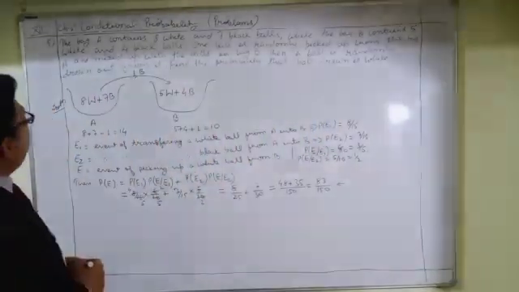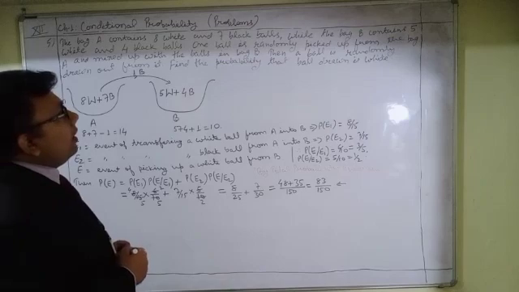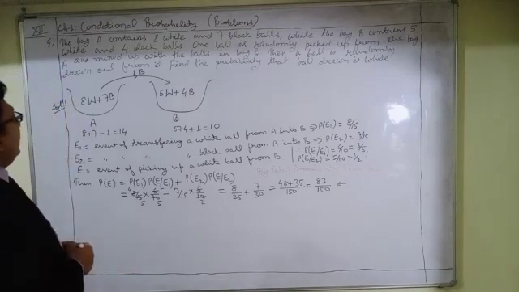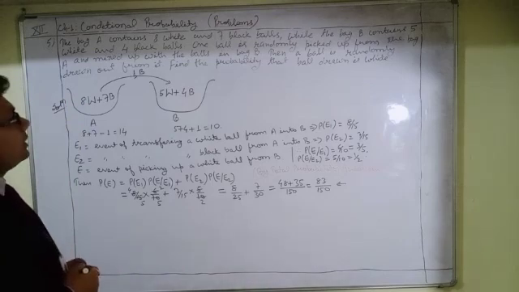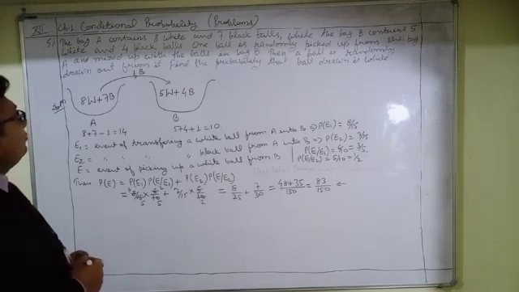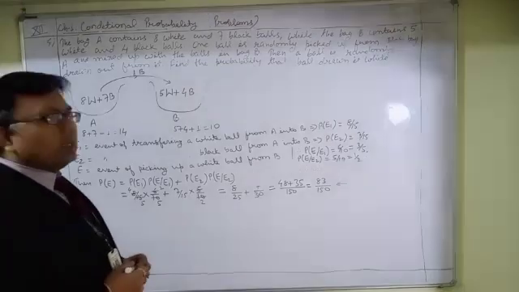So now in question number 5, we have a bag A that contains 8 white and 7 black balls, while bag B contains 5 white and 4 black balls. One ball is drawn from bag A and mixed up with the balls in bag B. Then a ball is randomly drawn out from it. Find the probability that the ball drawn is white.